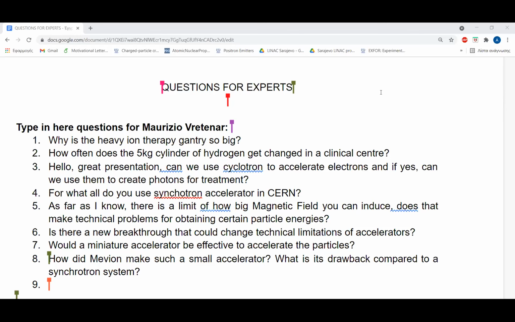Is there a new breakthrough that could change technical limitations of accelerators? People are working a lot, for example, on accelerators in plasmas using lasers, coupling lasers with plasmas, instead of using accelerating radio frequency and gaps, because in a plasma you can sustain very high fields, a lot of megavolt per meter. So it's not yet a breakthrough because there is still a lot of work to be done, but there are people exploring new directions to change the technical limitations of accelerators. It's not for tomorrow, but there are